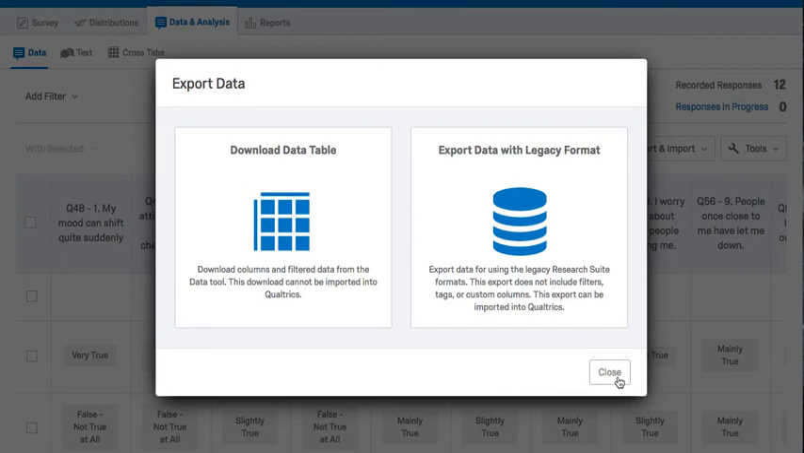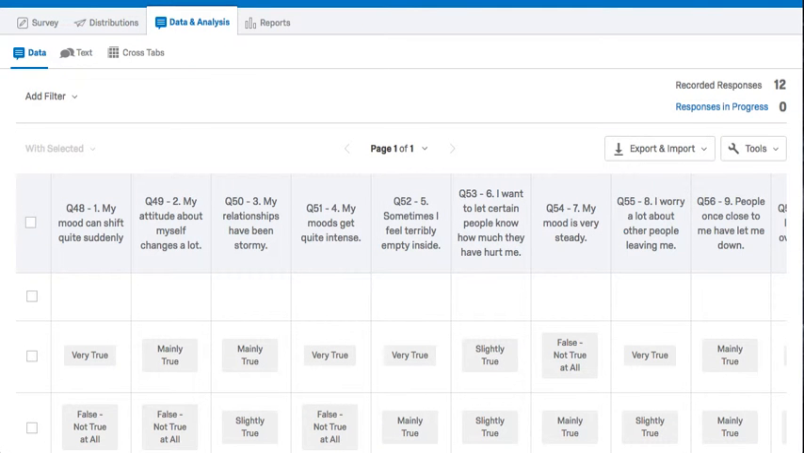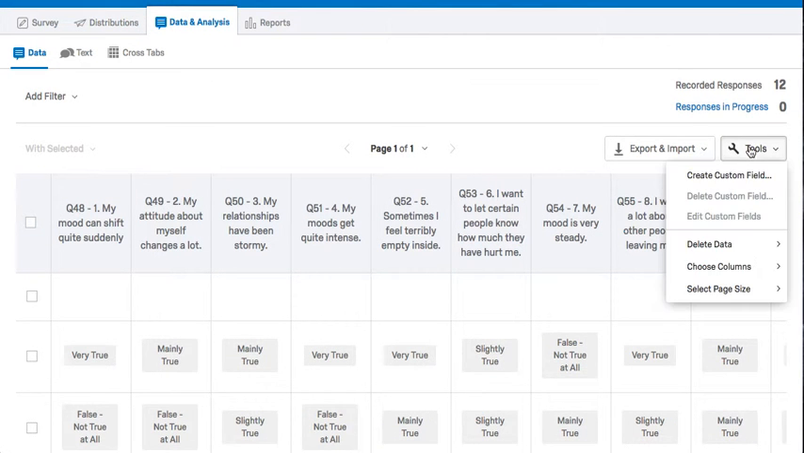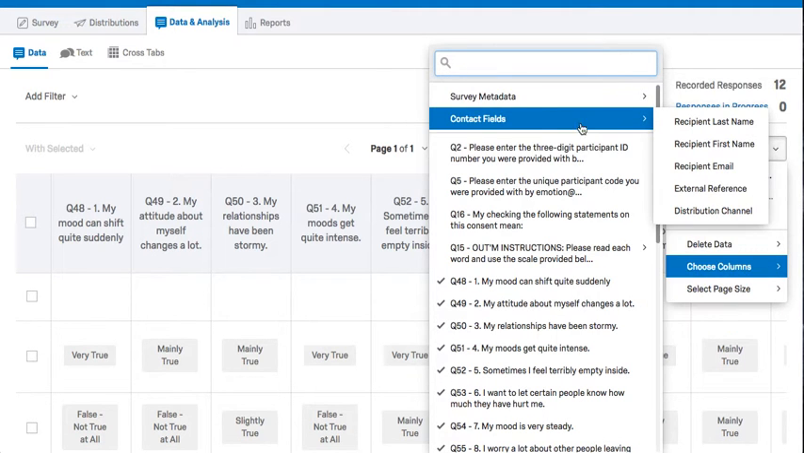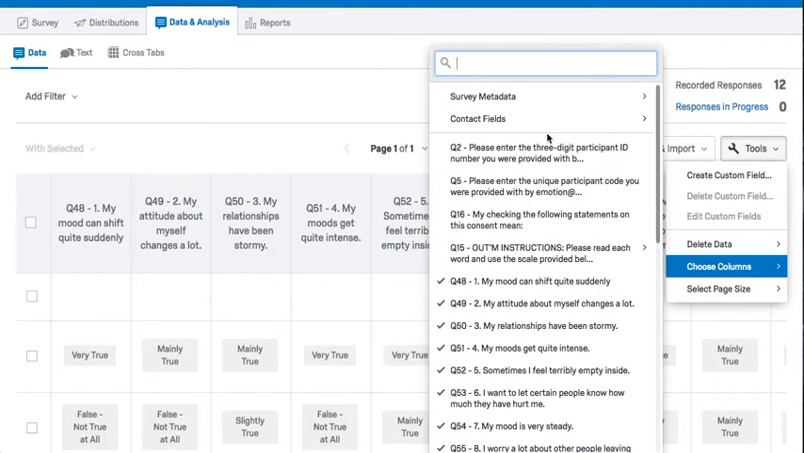The other thing you can do is, you mentioned that you want to sort by participant ID. You can do that by choosing the column, going to survey metadata, and there is a response ID here, or if you have another field that's a response ID. I'm not sure if you have something here that you want to sort by, but